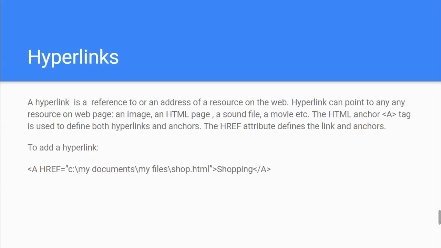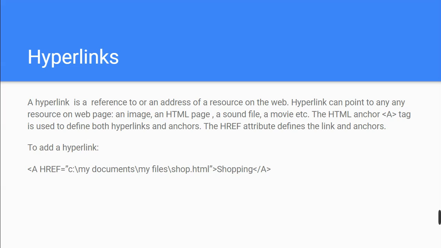Now, what are hyperlinks? So hyperlinks are the links on which we click and we are placed to another place. A hyperlink could be a link to any web page, it could be a link to any image, it could be a link to any sound file, any video file, any movie or any game that you want to download or you want to play. So on the internet, the hyperlink is the only way for moving around. It means if you want to browse the internet, then you browse the internet by taking the help of the hyperlinks.